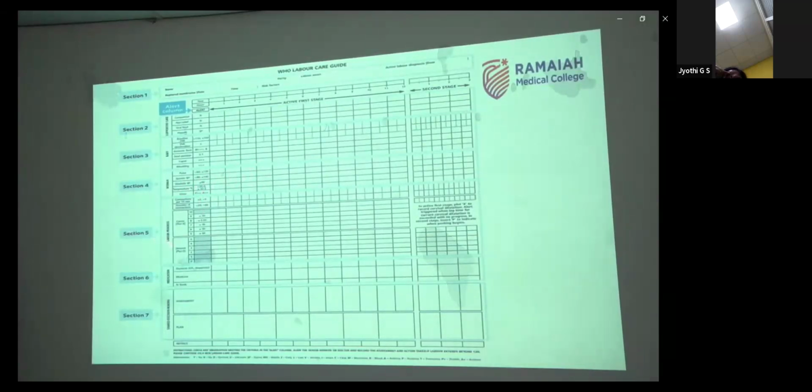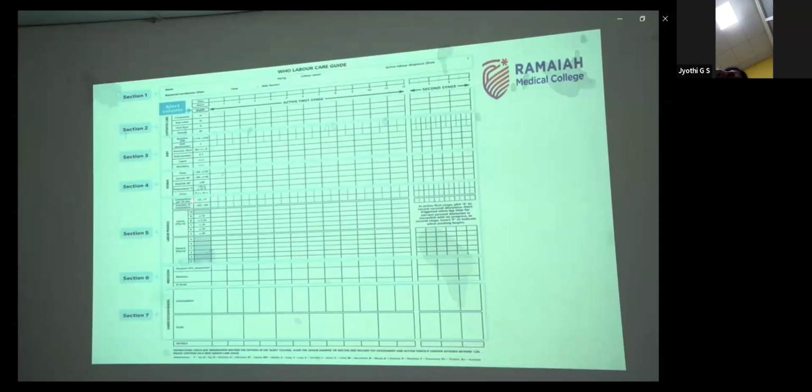Coming to section 5, it is for labor progress, which contains contraction, the duration of contraction, cervical dilatation, and the descent of the fetal head. So labor care guide does not contain intensity. That is something which is subjective, which is present in the modified partogram, but is not present in the WHO labor care guide. Contractions of less than 2 contractions and duration of less than 20 seconds is considered to be